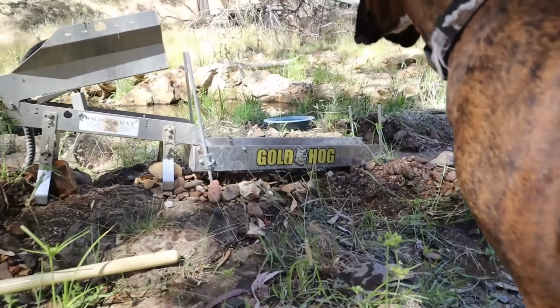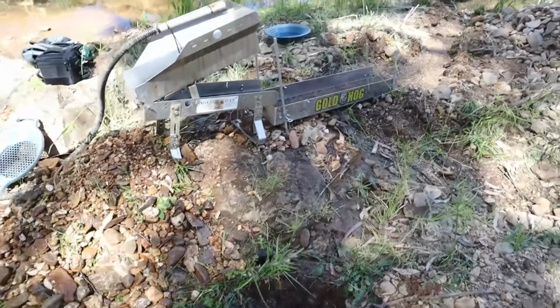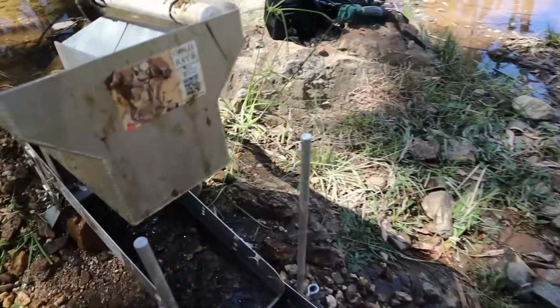As you can see, I have not really punched that much of a hole. I've probably run about 20 shovels or so. Mr. Grizzly's doing his best to help down there as well. But I've stopped because of this. There is